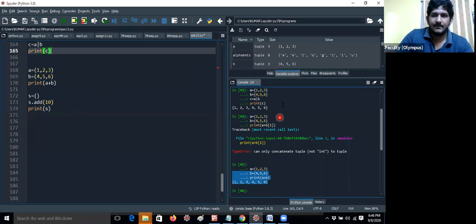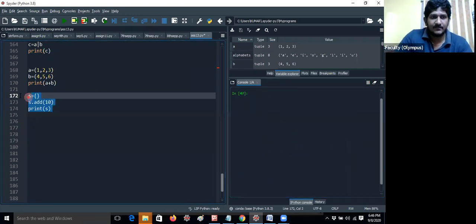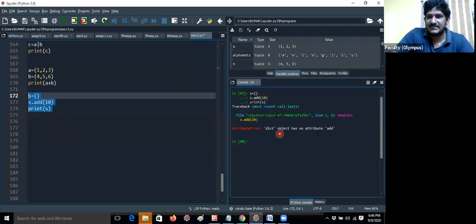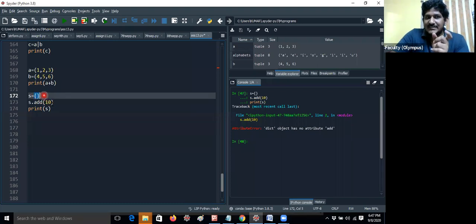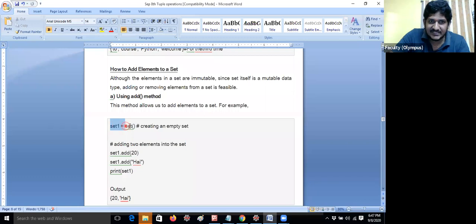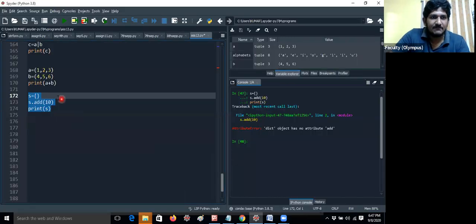Okay, so Kanna, I am discussing your doubt. Please see here, all of you. Here I am giving s equal to like this. I have already informed that it is a wrong method, because whenever you are using a set, you have to use the set constructor. If you add like this, it will throw an error. That's the reason I am clearly specifying set1 equal to set. If you give s equal to set here and execute the program, now I am getting 10. This is the major difference, understand? Kanna, I hope your doubt is cleared.